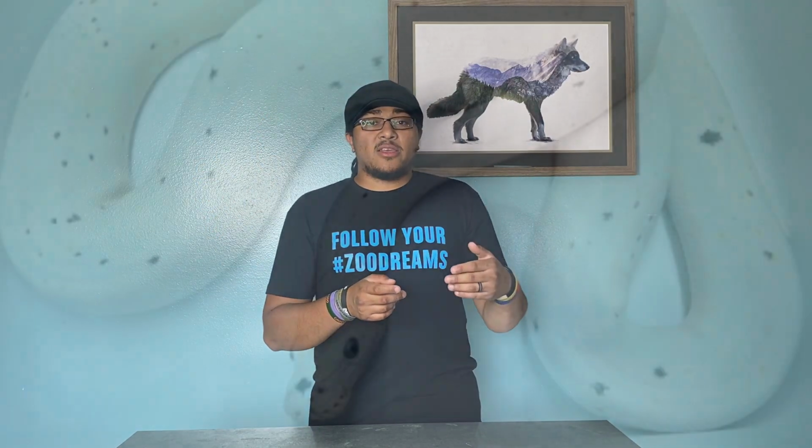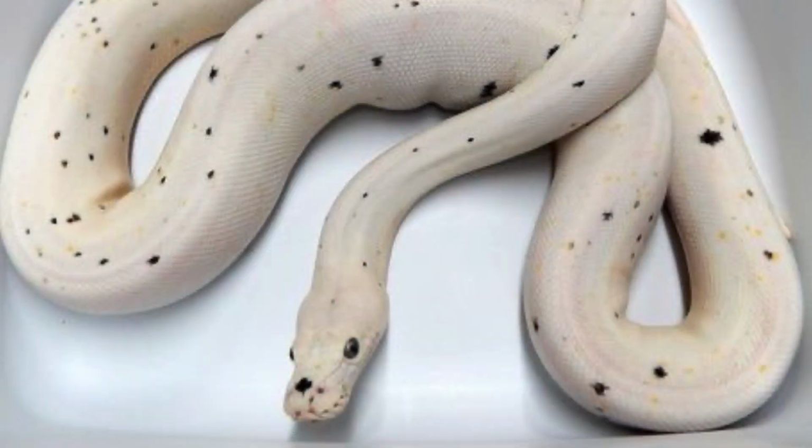These things get big and they need room to move around. The next one on my list is a really cool one, and this one isn't an exact species. It's actually a color morph, and that's the cow retic. They're becoming more and more available, but these things originally came from Kevin McCurley, who reproduced this kind